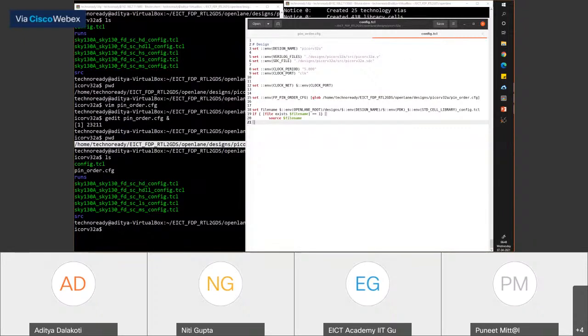So Pradyuman is asking, you ran this command, and after that you have to first run synthesis, then floor plan, then placement, and clock tree synthesis and routing. That's what we are doing one by one, step by step. So I'm not sure what you are saying. You're running it correctly. I'll show you again. I'm waiting for people to make sure they set this environment variable correctly at their end.